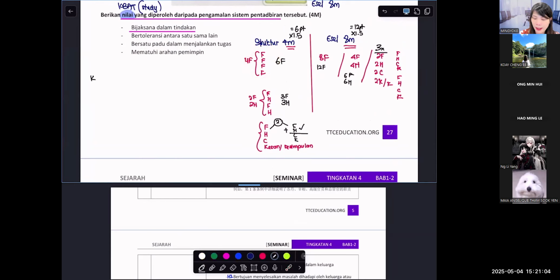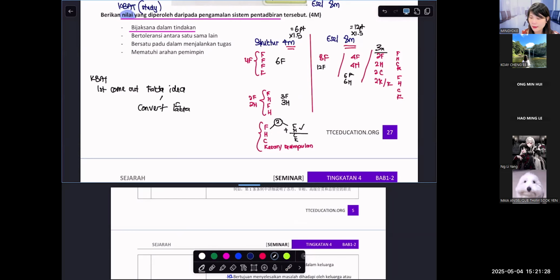K-bar, guys, first of all, you come out the fakta idea first. Then you convert into fakta huraian. If your teacher wants you to have fakta huraian,